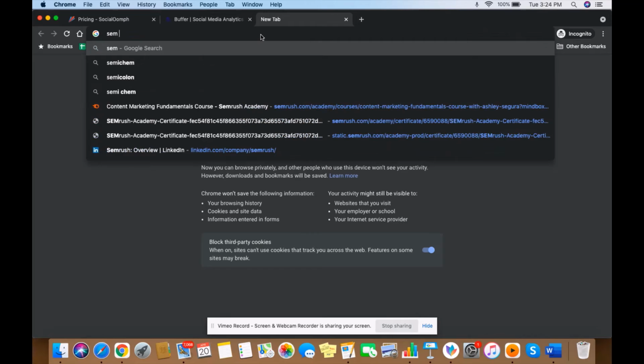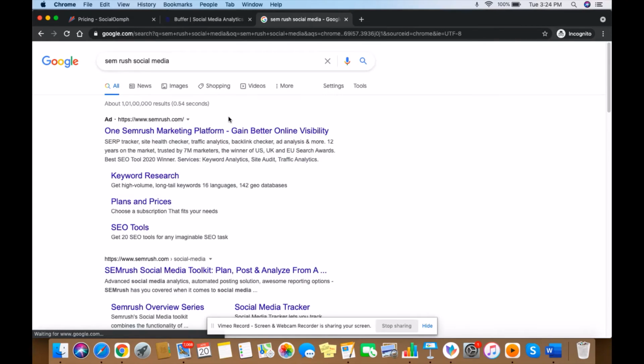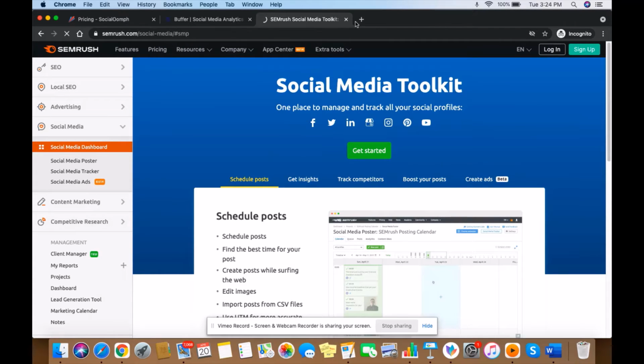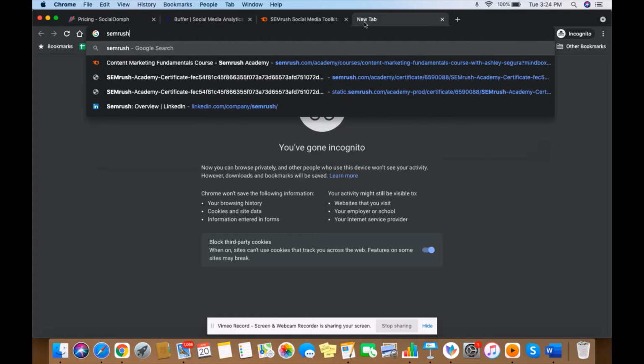So the next platform would be SEMrush. SEMrush is an amazing platform which I mostly stay with. So for SEMrush, you just have to sign in using semrush.com and create an account.